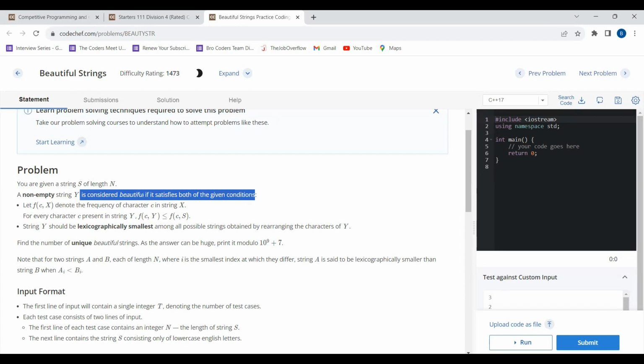Right? Is this statement clear? If we have c in y, we have got two strings. String one's name is y, string two's name is s. So if we have got character c in string y, and also character c in string s,